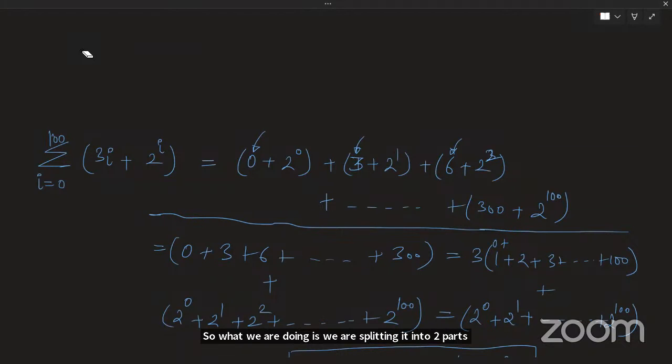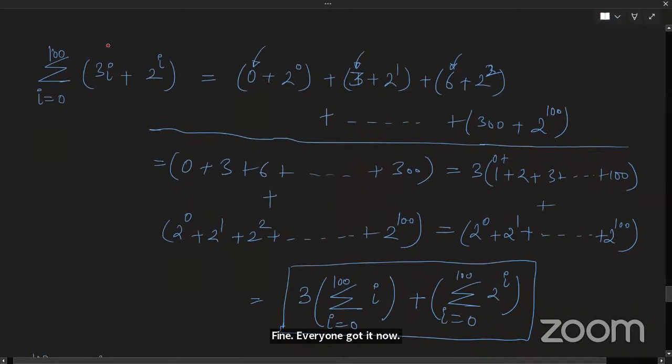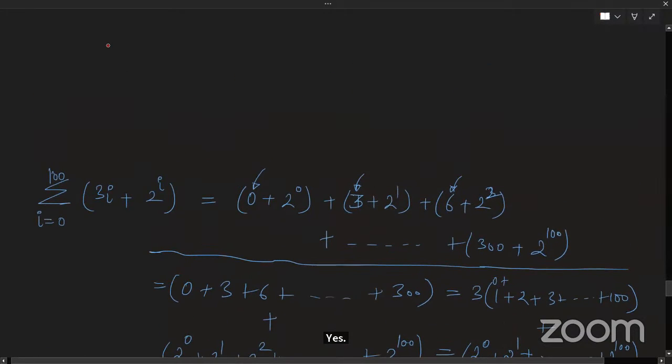Everyone got it now? Yes, sir. See, you can try it also. You can substitute some more values if you want. So your first term is basically 1. Your second term will be 3 plus 2, that is 5. Your third term will be 6 plus 4, that is 10. Your fourth term will be,